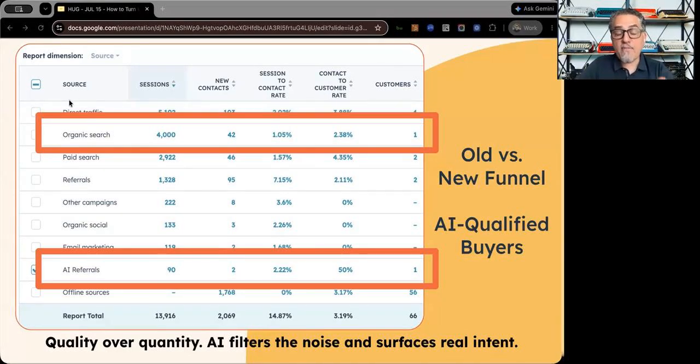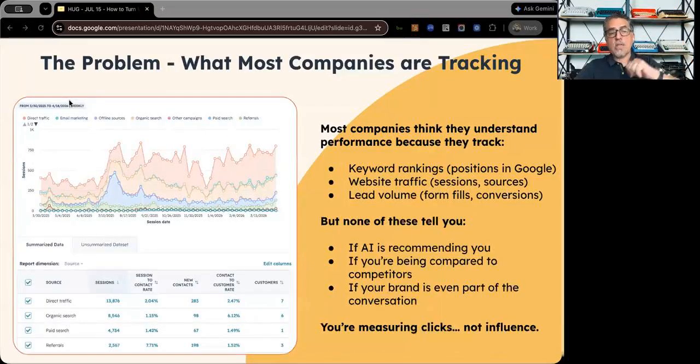So a lot less traffic, a lot higher conversion. Now, you still need to continue to track the visits, leads, and clients, but this is not the only thing to think about, because zero click marketing means a lot of people are not going to go to your website. A lot of people are not going to become a lead, and they're going to become a client.